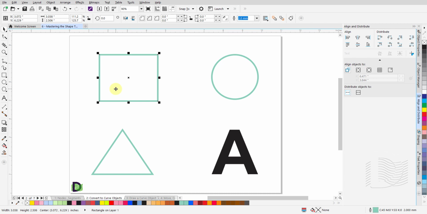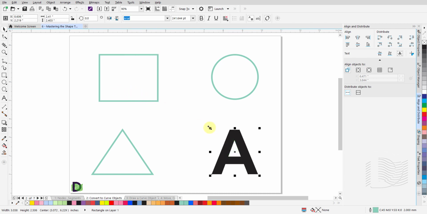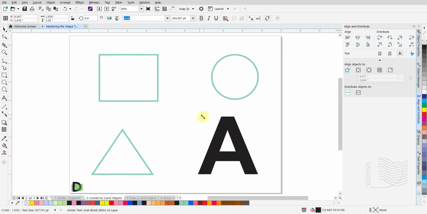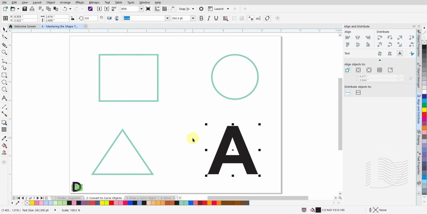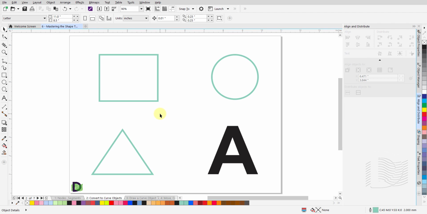Similarly, with the Pick tool, you are able to click on the text and grab one of the black squares on the bounding box and enlarge or reduce the size of the text. But you cannot create a specific shape for the text. The Shape tool is completely ineffective here as well. But if we convert these objects to curve objects, our options for design and shapes grow exponentially.